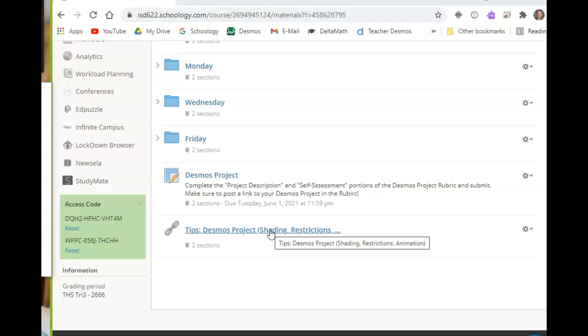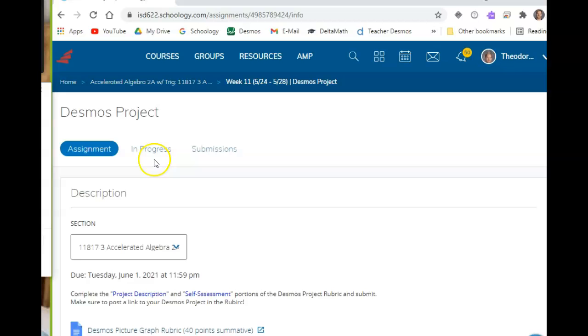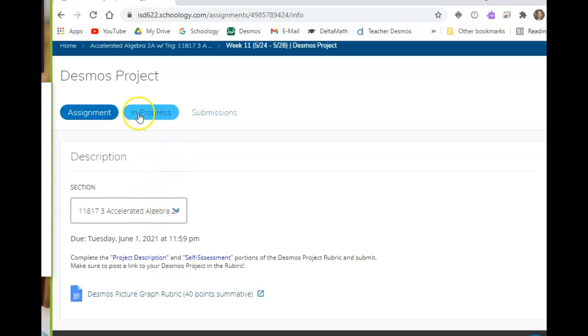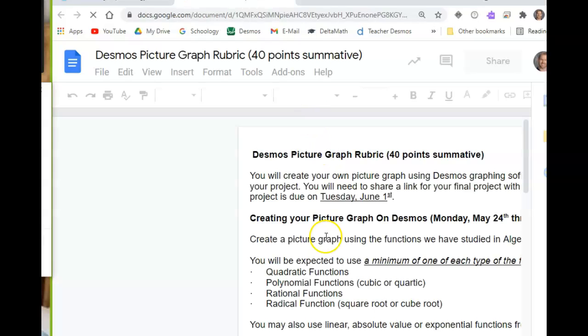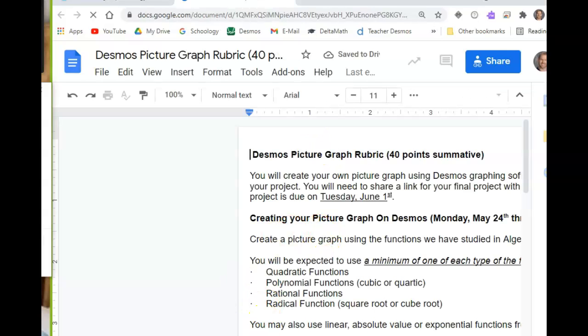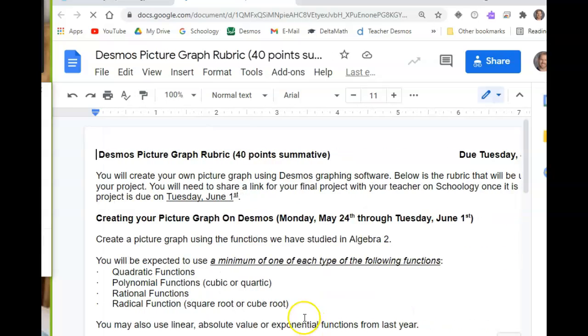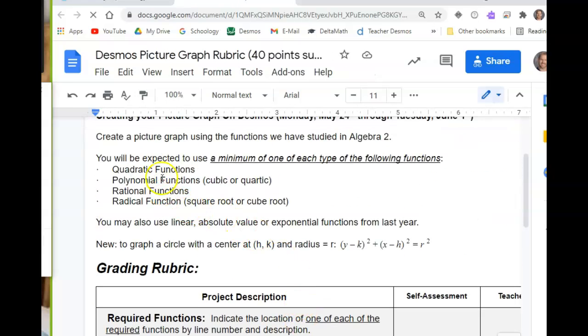And remember, this project, by the way, I don't think I showed you guys this yesterday, but I'm sure you probably found it. At the bottom of the week 11 folder is the actual Desmos project assignment. Yours looks a little bit different, but when you click on this, that's where you can find the rubric. And we went through the rubric on Monday, but just a reminder, you need to use a minimum of one of each of these types. So just a quick reminder,